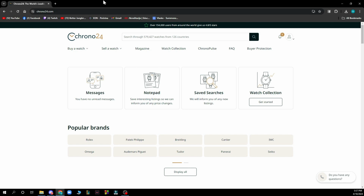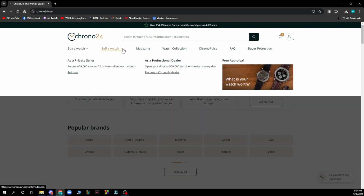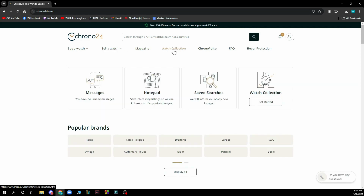So as you can see here, we have the Chrono24 official website where we have a lot of different things. So basically here we can go and buy a watch, where we can go and see some brands, categories and services that we would like to go and search from. We have the sell watch, where you can go and sell a watch as a private seller or as a professional dealer. We also have some magazines, watch collection, we have the Chrono Pulse, we have the frequently asked questions